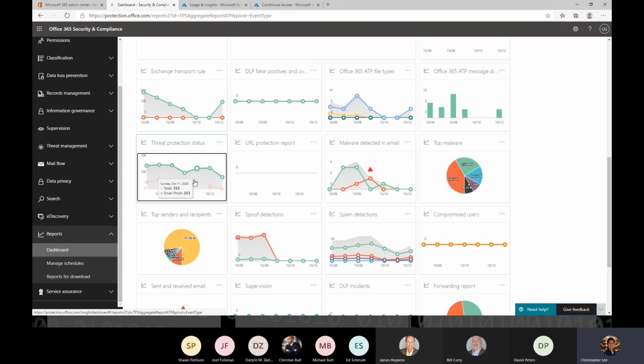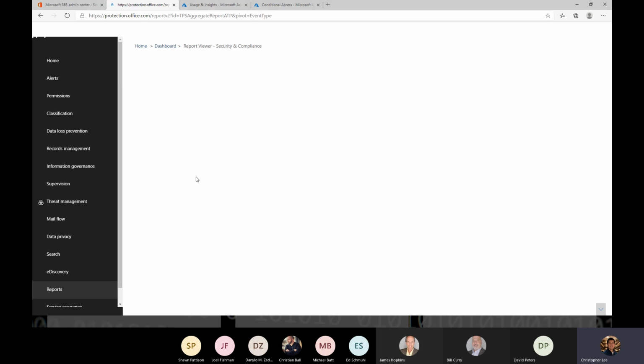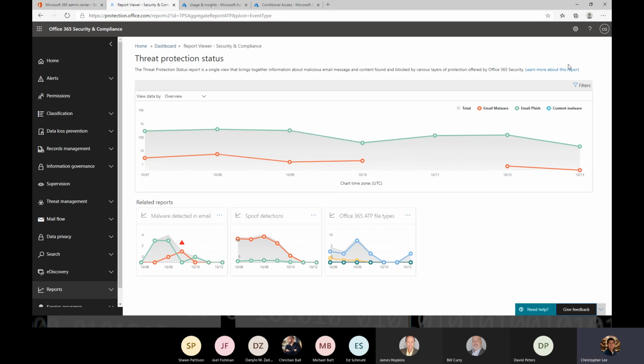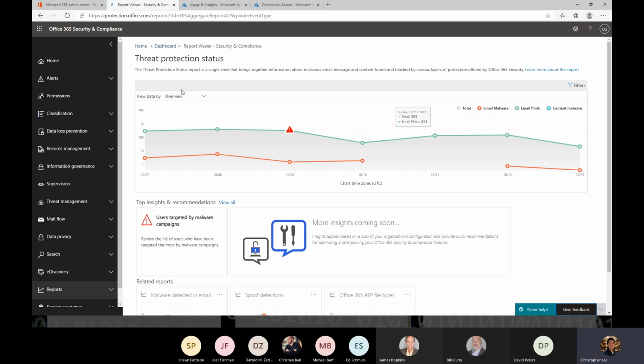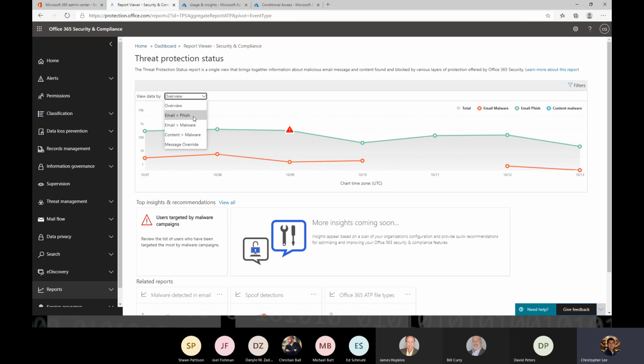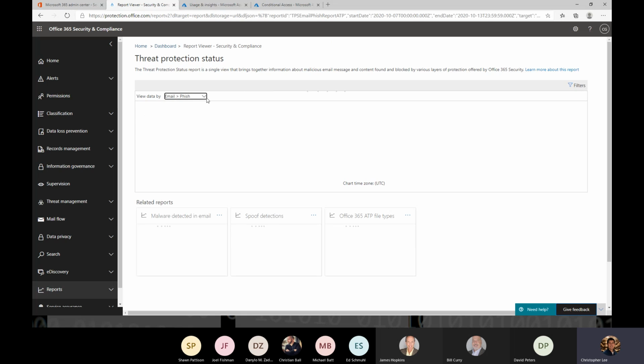So I'm going to go ahead and look at the threat protection status. If I click the chart, it gives me more details into there. Once it loads, come on, still loading the top. So anyways, this is going to show me all of my malware and phishing attempts against my environment. But if I get a little more granular, I could click on individual filters here or highlight individual filters here to see on the bar chart. But if I want to look a little more in depth, I can drill down into this report by looking at the underlying data. So if I go to email phish,